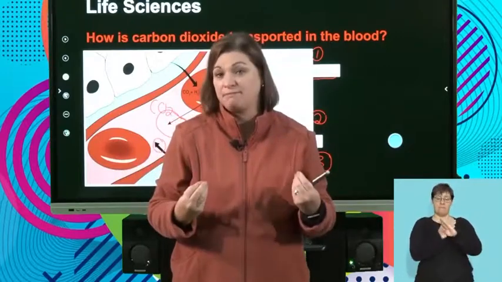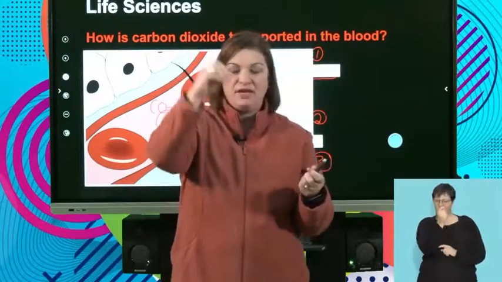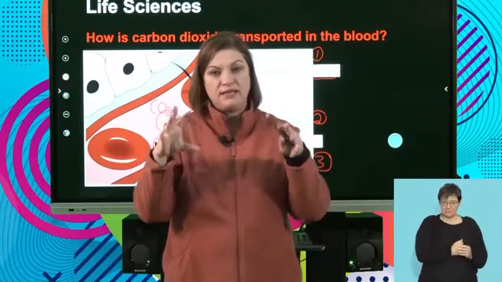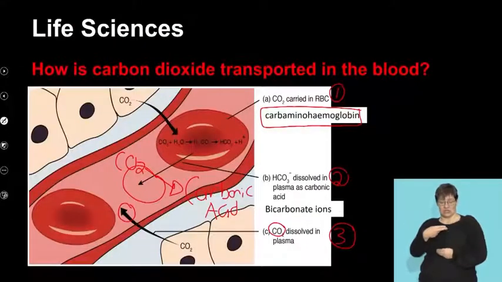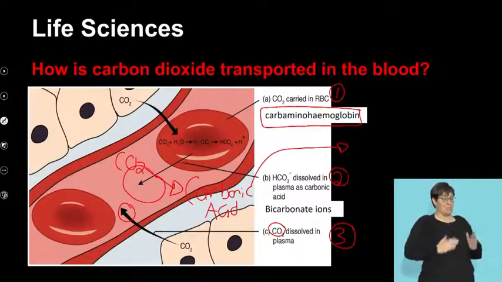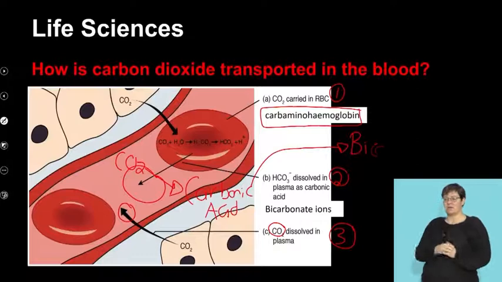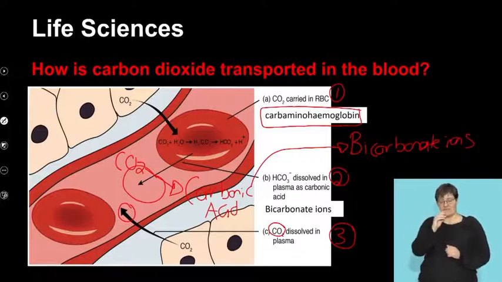So what happens is, our body has what we call buffers. Buffering, not like when we're waiting for something to happen on the TV, or when we're waiting for something to happen on our phone. Buffering simply means that I make an acid, I add hydrogen to it, and all that I do is change it from being an acid, which is detrimental to me, to something called bicarbonate ions. It's no longer an acid, it has a neutral pH, and there we go on our way.